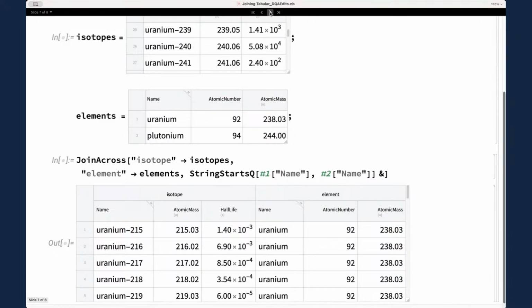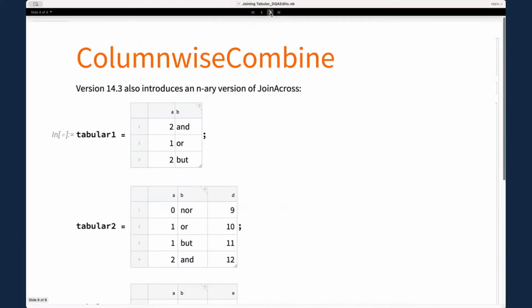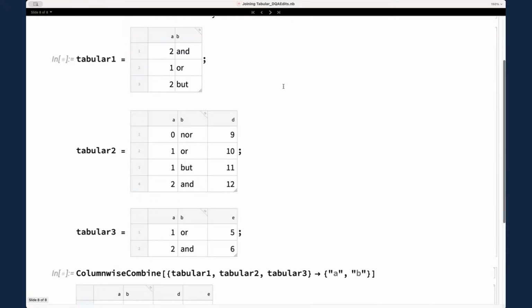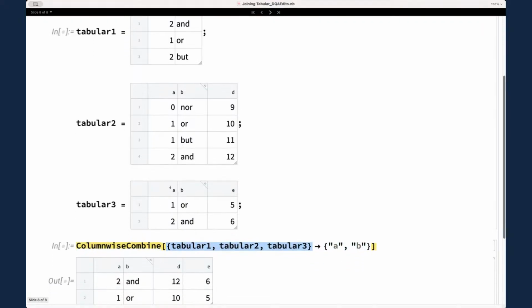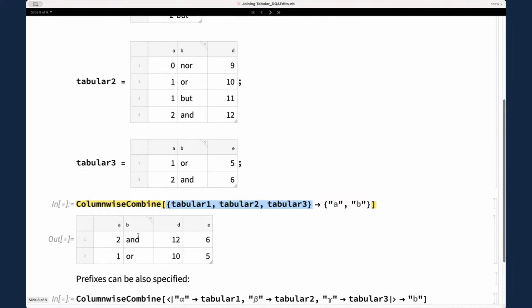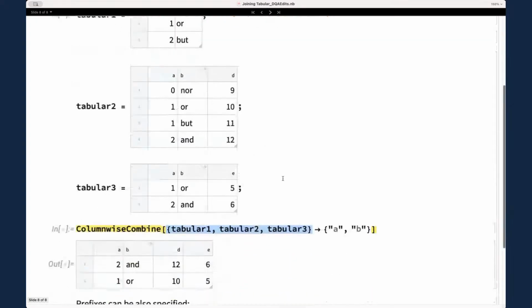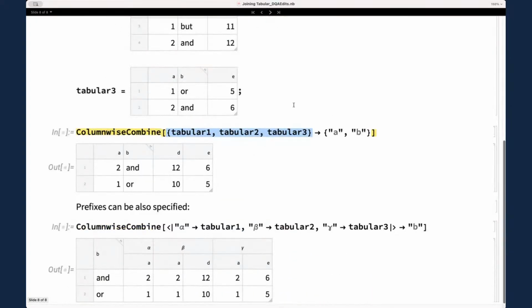Last thing I want to show is column-wise combine, which is basically an n-ary version of join across. So now you can take 3 tabulars and do pretty much all the things that join across can do, but all of them together. In this case, I'm combining 3 tabulars and matching the A and B columns, and I get this wonderful other tabular, which has lost some columns because there were collisions on